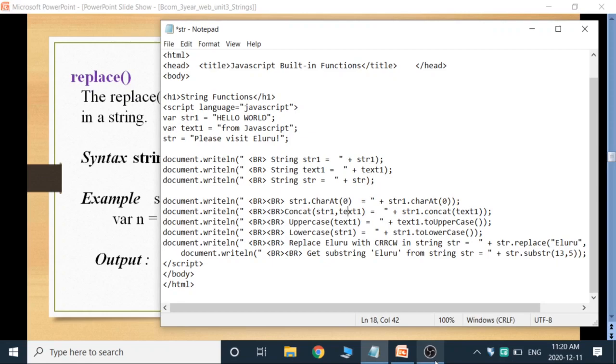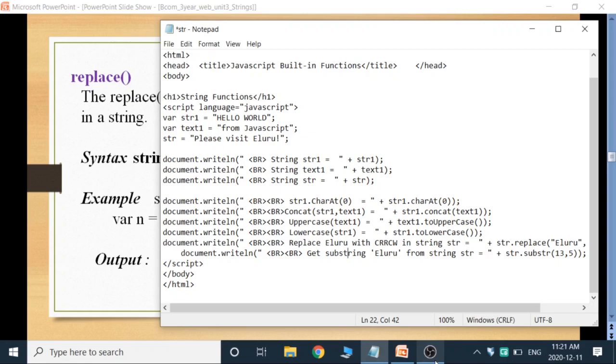And the next one is the concat function with text1 and str1. That means it combines hello world from JavaScript. Next one is uppercase. All the letters will appear in uppercase. And the next case is lowercase. All the letters are in lowercase. Here I am replacing Eluru with the CRR college string. And the substring in that is Eluru.